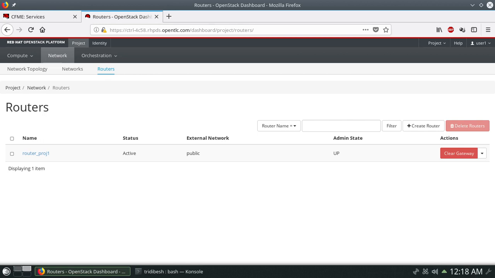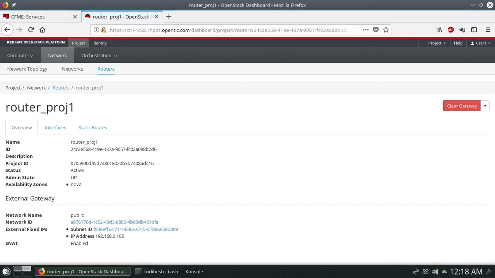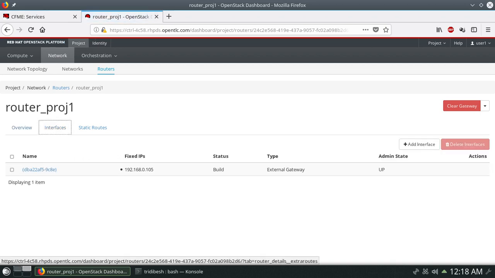So now click on the router name here on your particular router, and we'll be selecting the interface, that's for internal network. So you click here and then you go back to the interfaces.